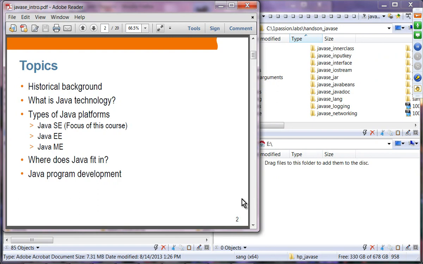There are three different Java platforms depending on the devices they are meant to address: Java SE, Java EE and Java ME. Our focus is Java SE, which is for desktop or laptop platforms. Java EE is for building enterprise applications, and Java ME is for building mobile applications. We are going to see how Java fits in, and then take a look at the very simple steps for building a Java application.